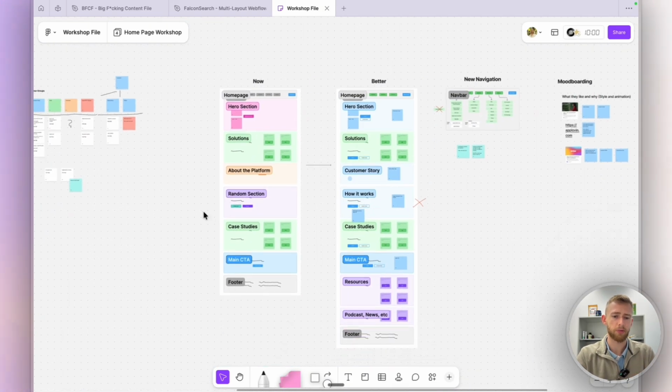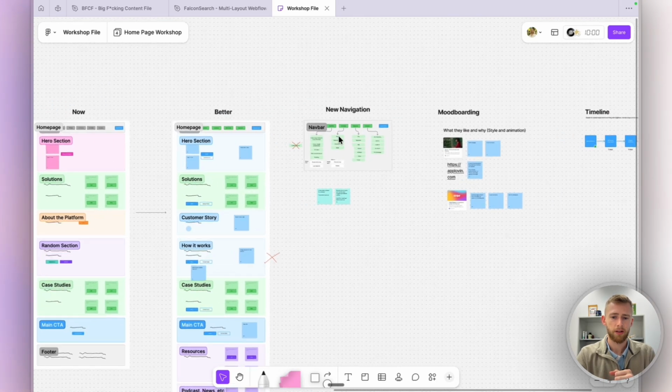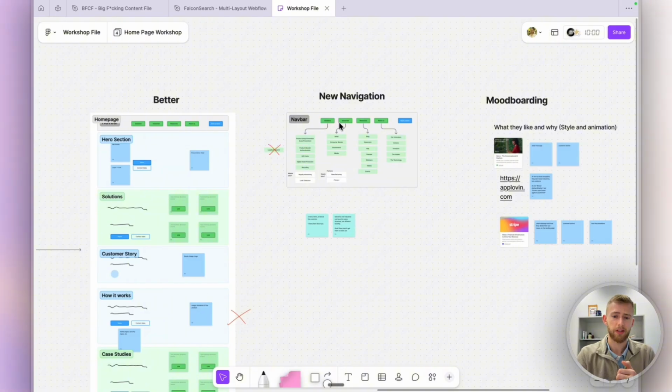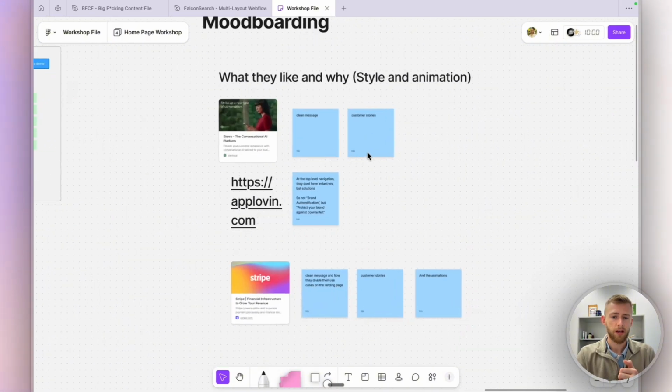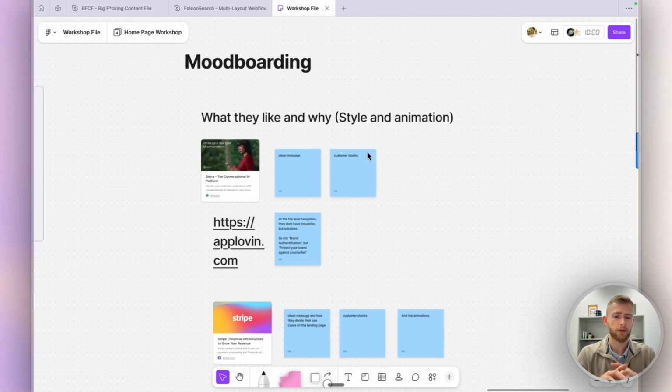Here, for instance, was a problem that the landing page was directing to so many different call to actions, and we unified this here. Then in the same workshop we created a new navigation, and for me one of the most important steps is the mood boarding at the end of the workshop, where we together look at some websites